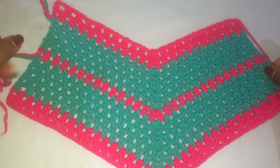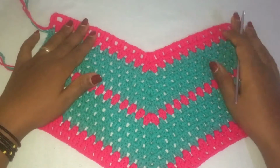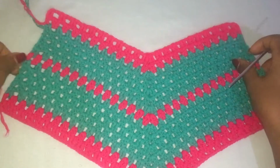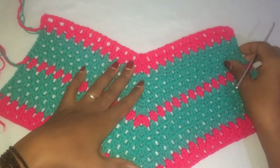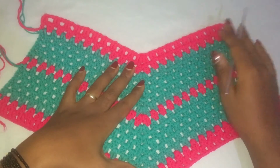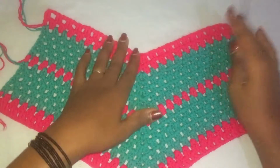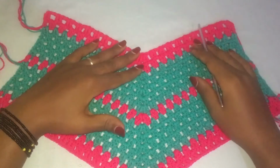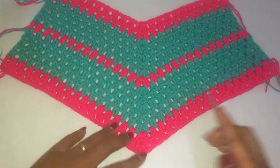Okay, so guys, we're going to make a monokini today, and it's a quick project that I hope you all are going to like. So we're going to make two pieces exactly like this one. This is going to be the bottom part of my monokini, and this is going to be the back part of it. And we're going to make another one exactly like this one, and then we're going to join the two